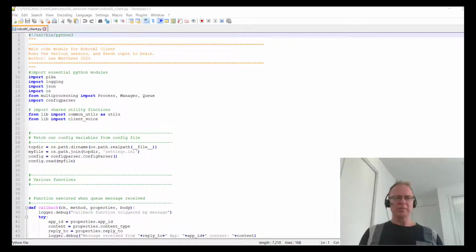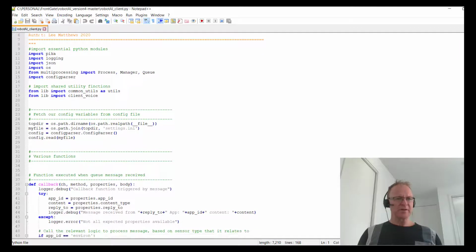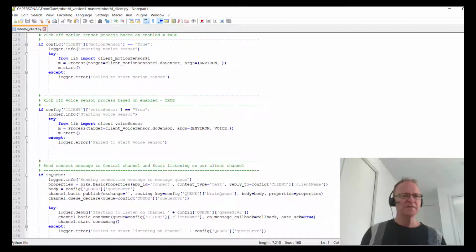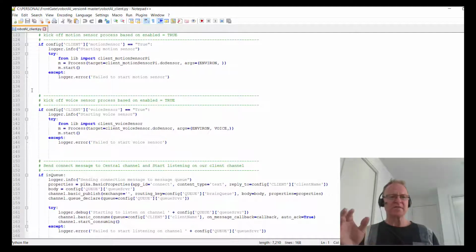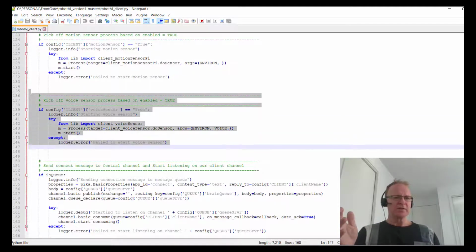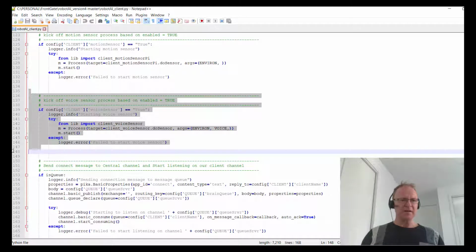So here we are in our Robot AI client. To add some code for an additional sensor, what I simply need to do is come down here to where we're actually kicking off the sensors, and I'll just add some code so it speaks a message perhaps when the button is pressed or plays a sound. That's functionality that's already encapsulated in the voice library, and you can see the voice library of functions is being passed in here when I actually run the voice sensor. So let's actually just take this code here and copy it,